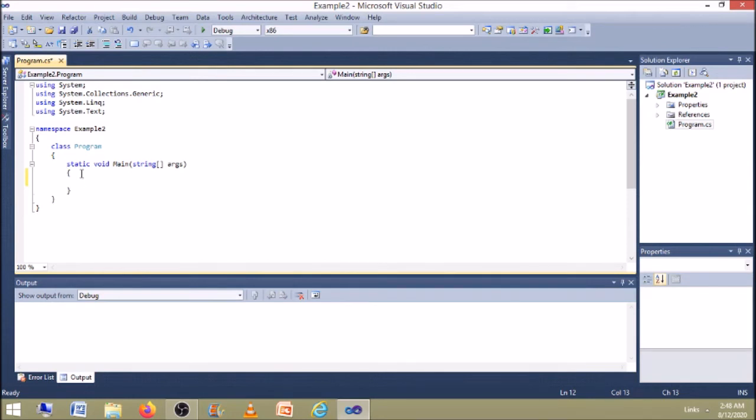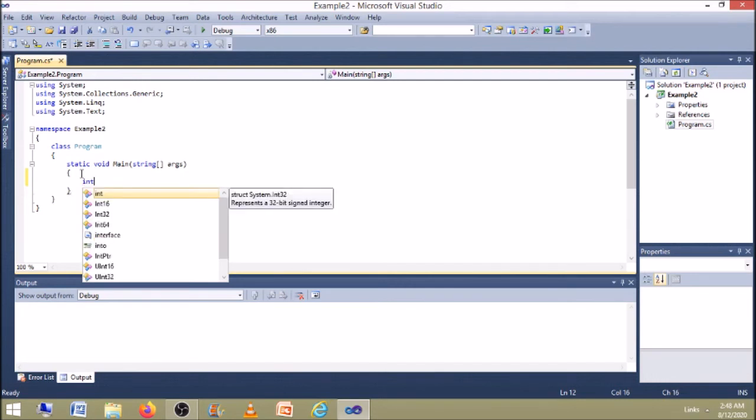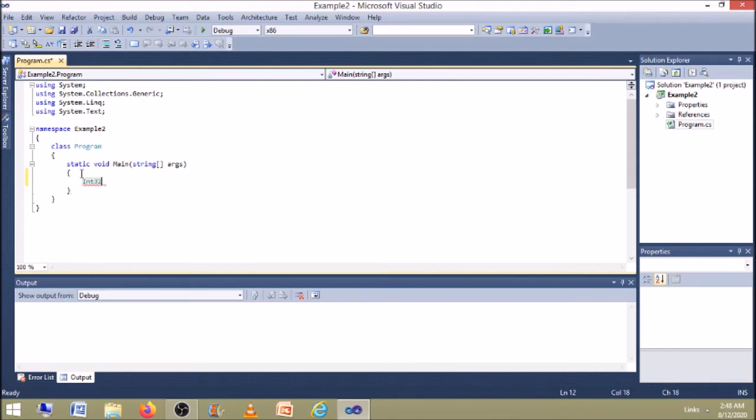Now I press the letter I on the keyboard, then automatically you get words like this. Here you select the word Int32. This is the data type which has to be used in C#. Now I select the keyword Int32 and press the Enter key. Then it is in my text editor window.